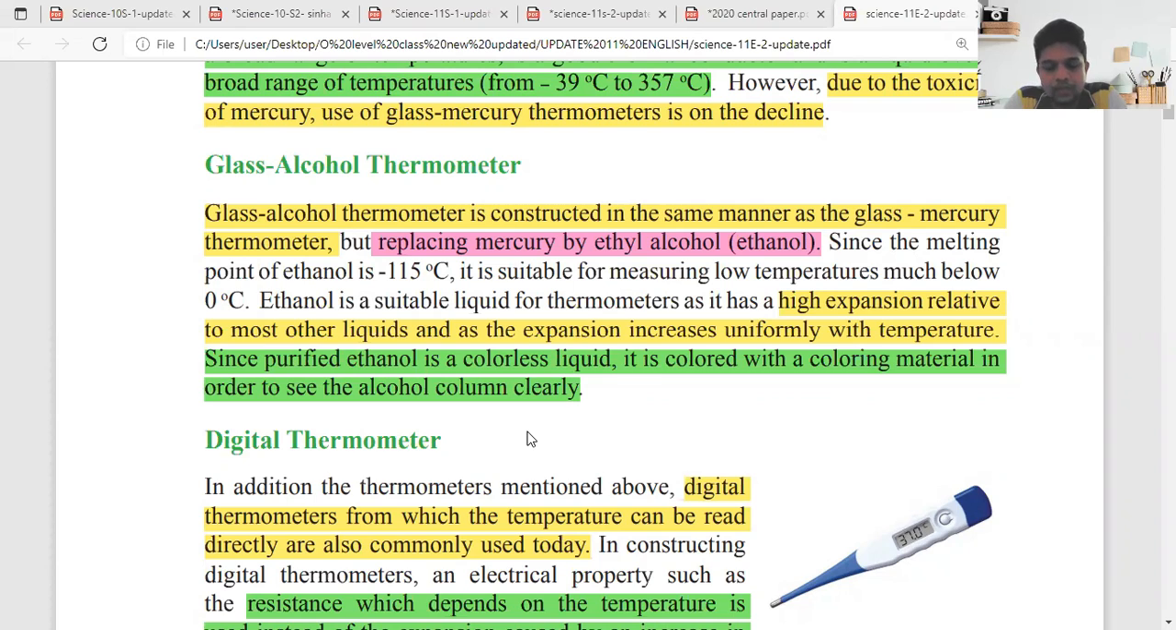Write down. Ethanol is suitable as a liquid because it has a high expansion